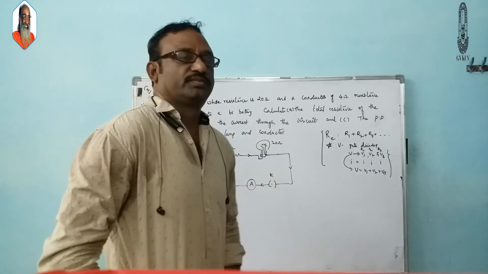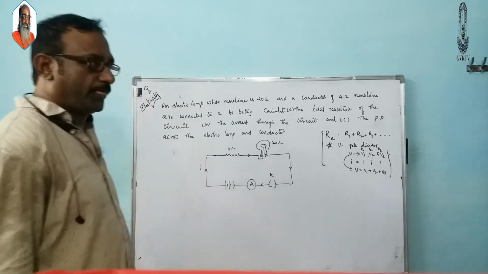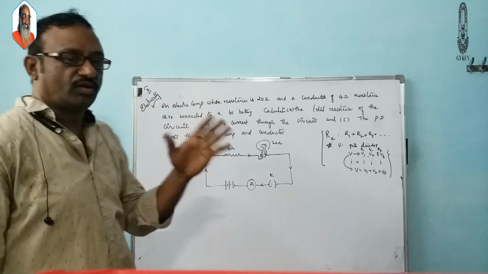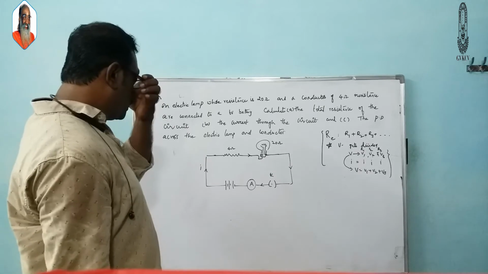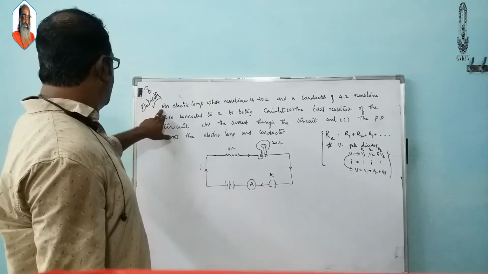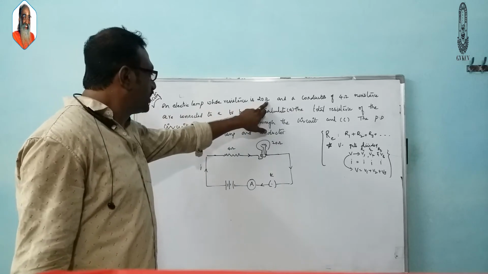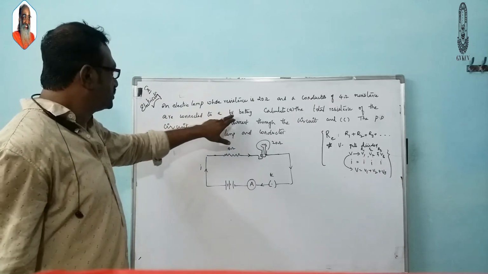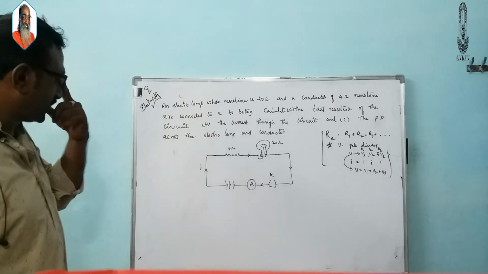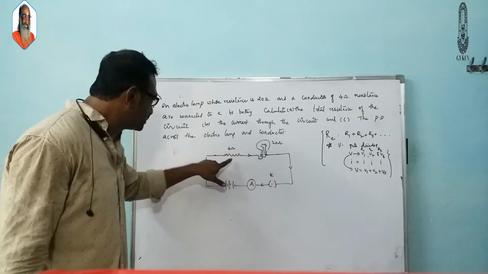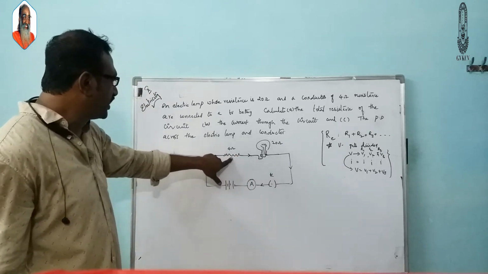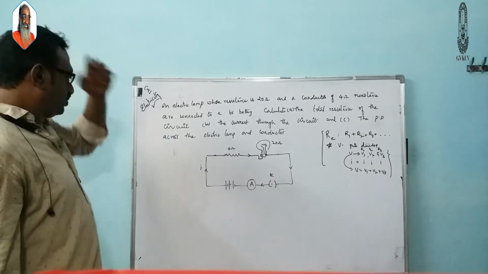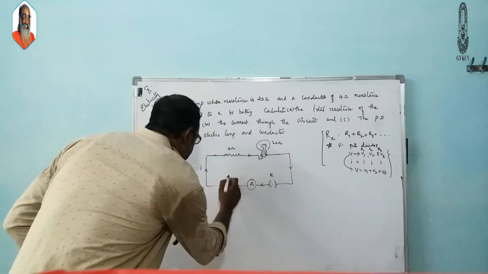After understanding the concept, we will go with a numerical given here. It is just an application of the expression we have extracted here, and Ohm's law, V is equal to IR. So look at the problem here. An electric lamp whose resistance is 20 ohm and a conductor of 4 ohm resistance are connected to a 6 volt battery as shown in the figure. That means, how are they connected here? Look, they are connected in series. This is the conductor of resistance 4 ohm and the electric bulb of resistance 20 ohm. They are connected in series. Now this is connected to a 6 volt battery.